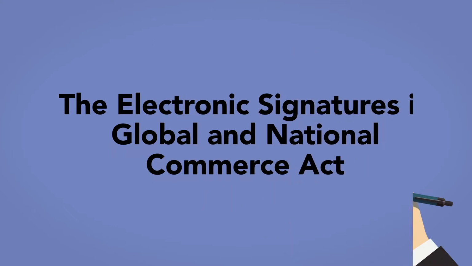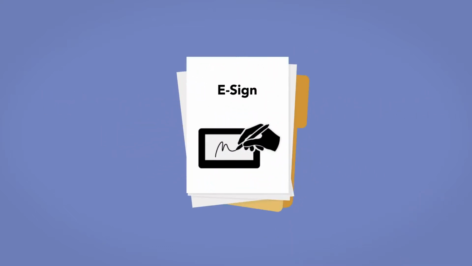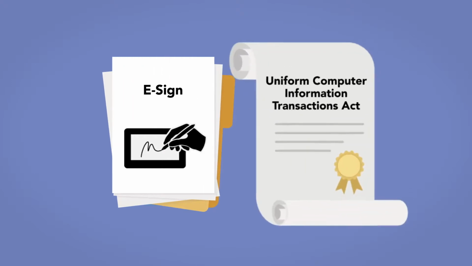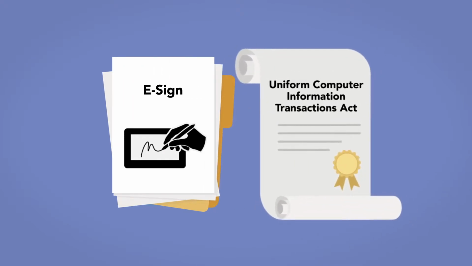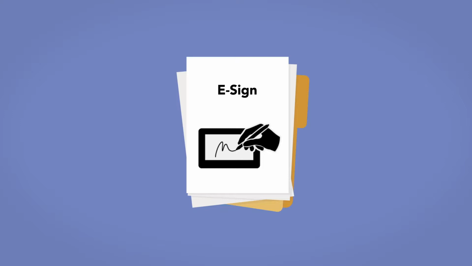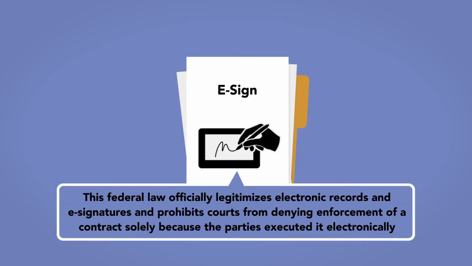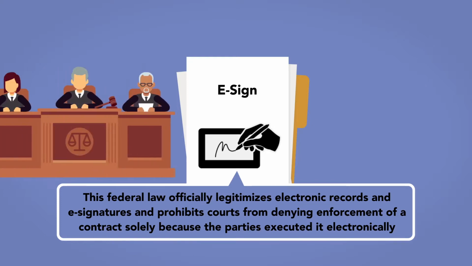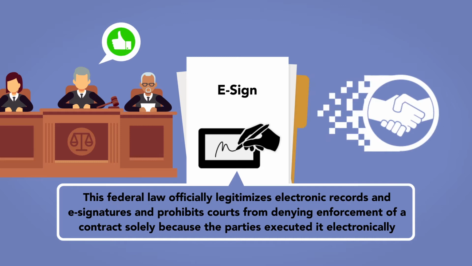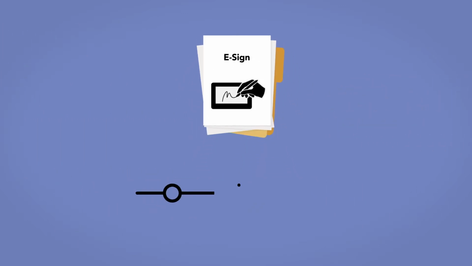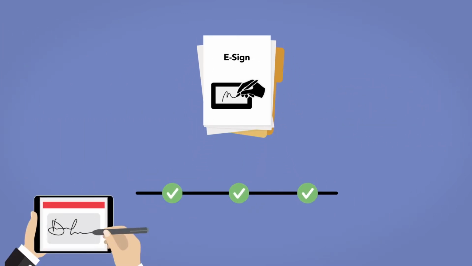The Electronic Signatures in Global and National Commerce Act, often referred to as E-SIGN, is the federal counterpart to the Uniform Electronic Transactions Act. This federal law officially legitimizes electronic records and e-signatures and prohibits courts from denying enforcement of a contract solely because the parties executed it electronically. E-SIGN also lays out the ground rules for validating the authenticity of electronic signatures and ensuring that digital agreements are